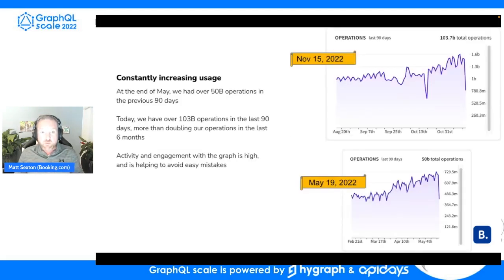Our usage has been increasing massively. I had a snapshot of some data from May 19th. You can see that we had 50 billion total operations in the previous 90 days at that point. Today, just about 6 months later, we have over 100 billion total operations in the last 90 days. You can see some of our daily operations are getting up to 1.6 billion, and there's still a whole lot